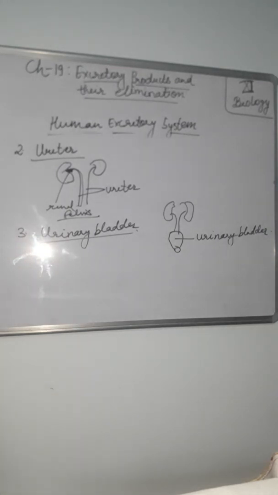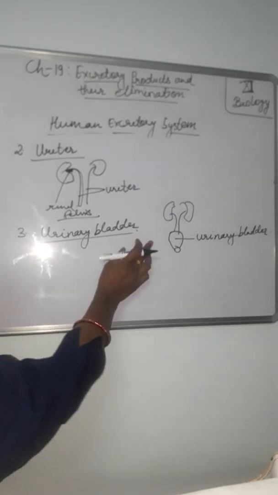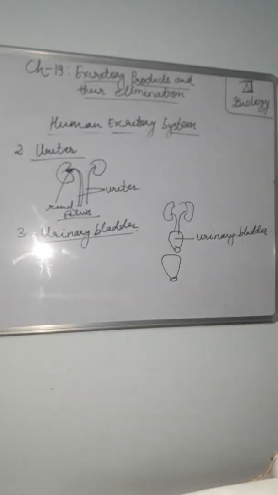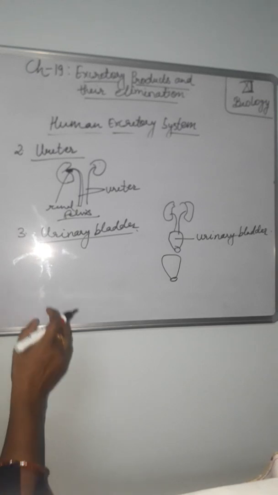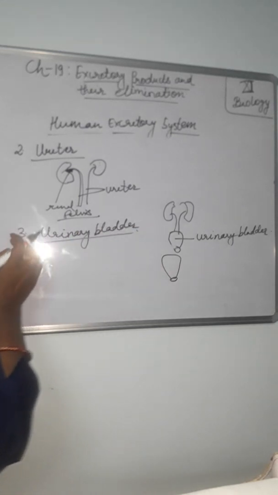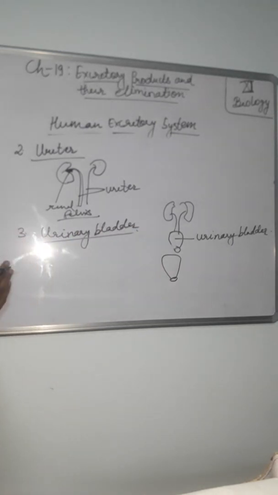ओके, urinary bladder. The urinary bladder is a triangular muscular sac. This is triangular in shape, like that, na? Triangular muscular structure, sac situated in the middle of the pelvis cavity of the abdomen in the hypogastric region. The urine coming from the kidney is stored temporarily here in the urinary bladder. The urinary bladder and ureter are lined by transitional epithelium which can considerably stretch without getting torn when the bladder and ureters are filled with urine.